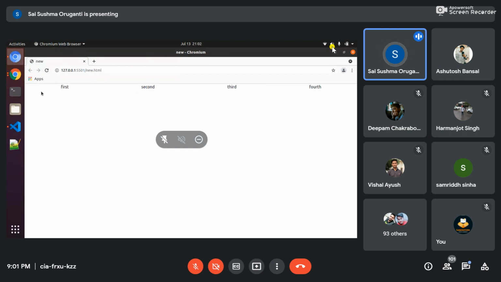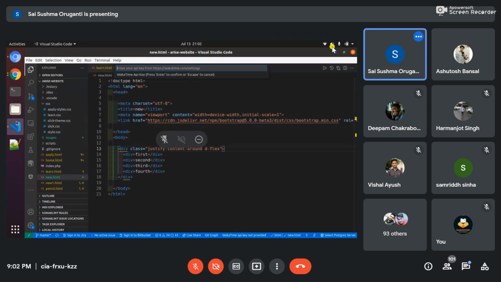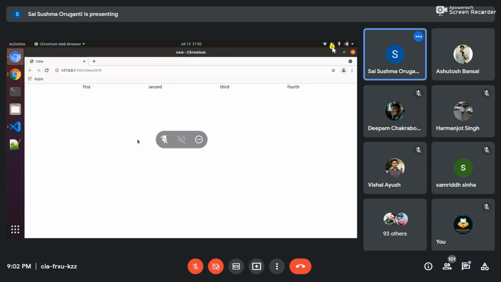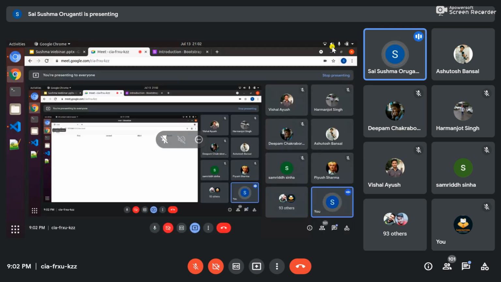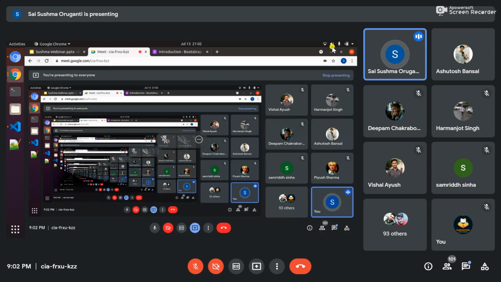If you use between, there will be no space before the first element and after the last element, but with around there will be equal space around all the elements, on the left and right also. And one more thing, evenly. Evenly is also similar to around. This is nothing but d-flex. There are a lot of classes, but these are the main classes which most developers use to develop dynamic and responsive websites.